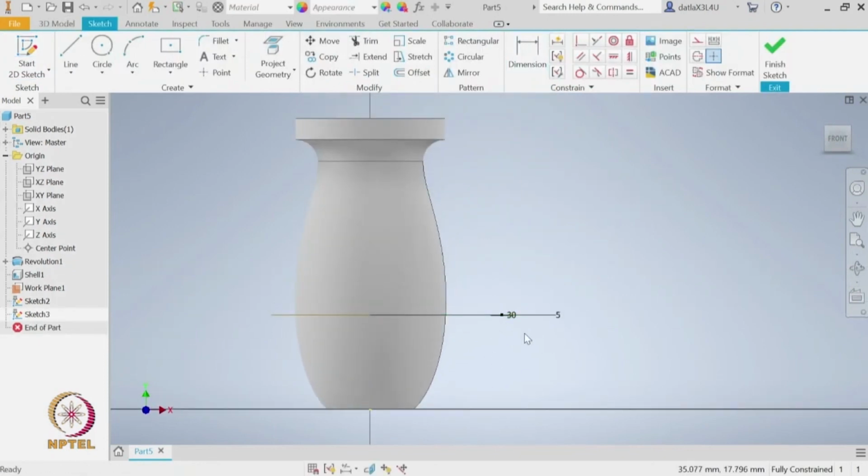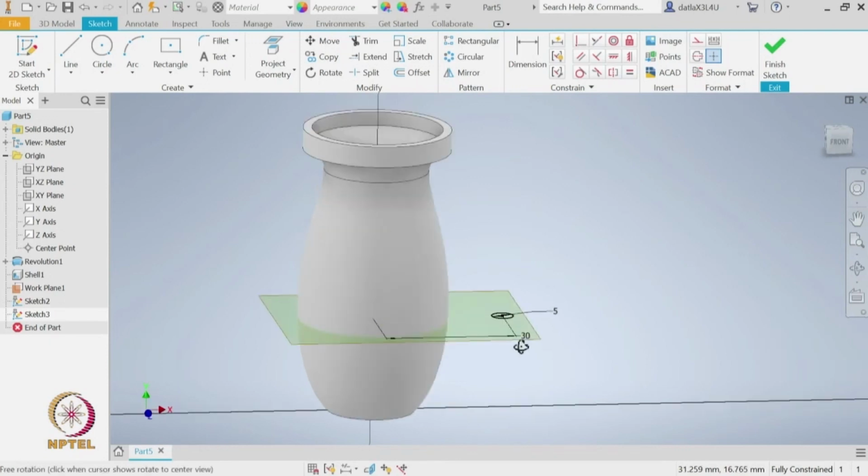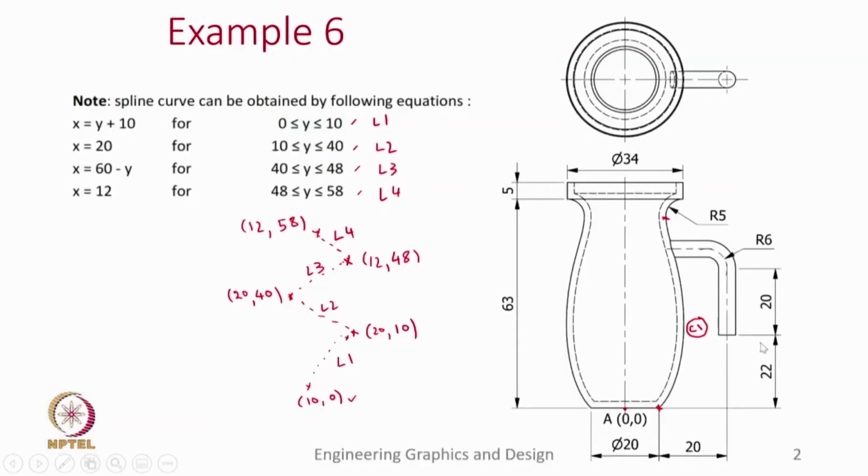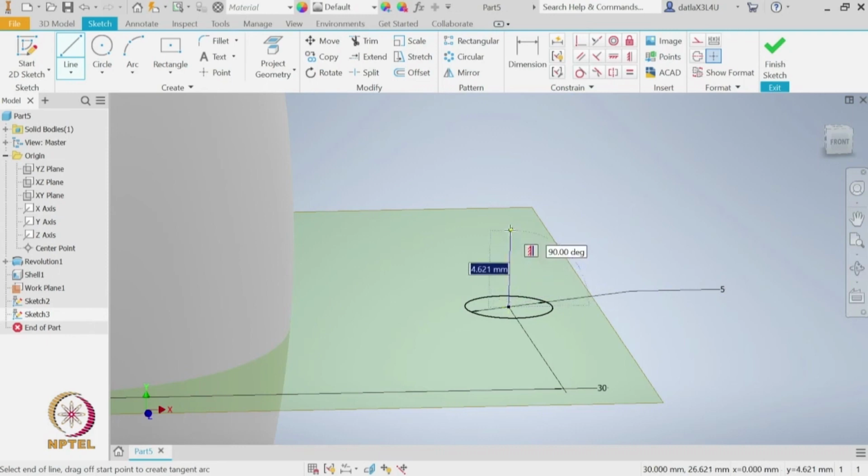So, before I start to create the path, I need to start with the center of the circle. For that let me start with project geometry. I will project this geometry and the center of that circle. So, now it has created a point from which I can draw this vertical line. Let us look at the dimensions. First it is 20 and then this radius of 6. So, let us go by 20 plus 6, 26 and then go left. So, this vertical line at 90 degrees is 26 length,